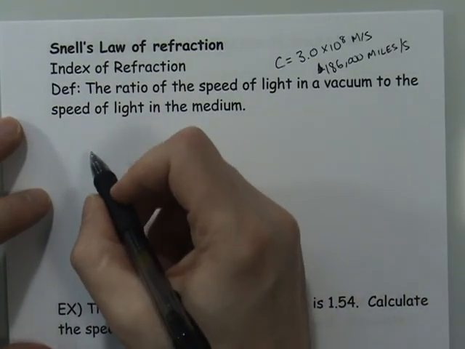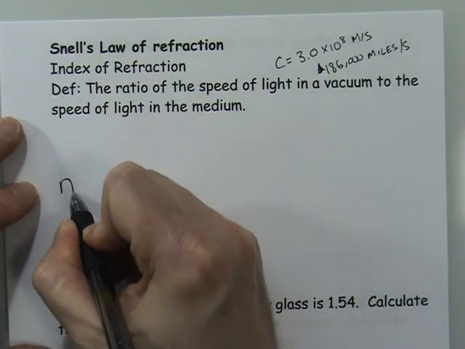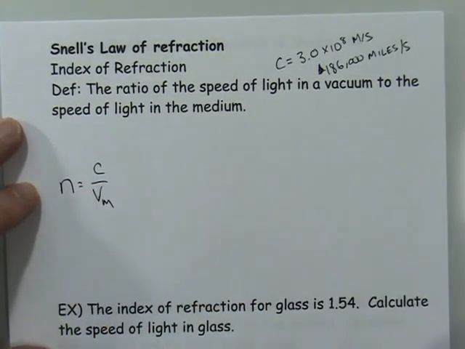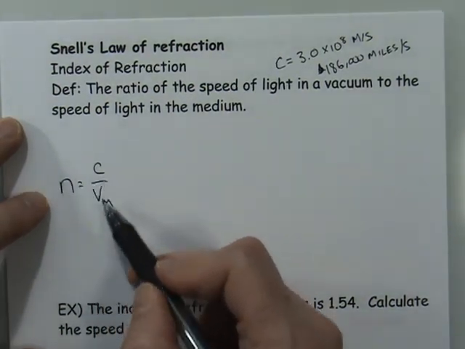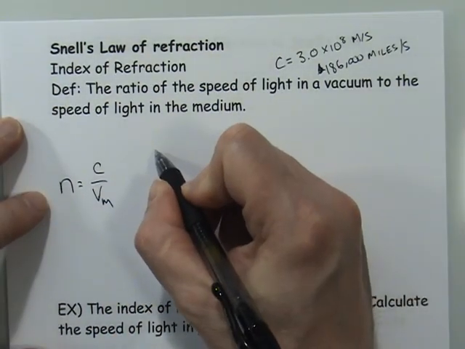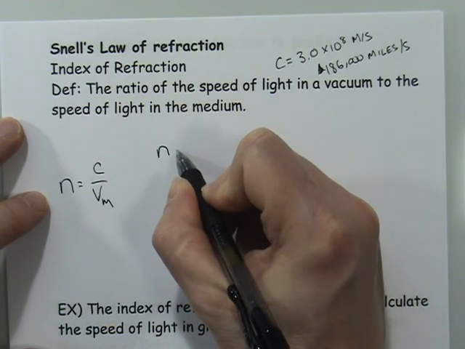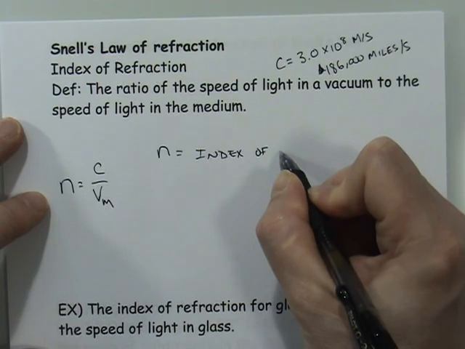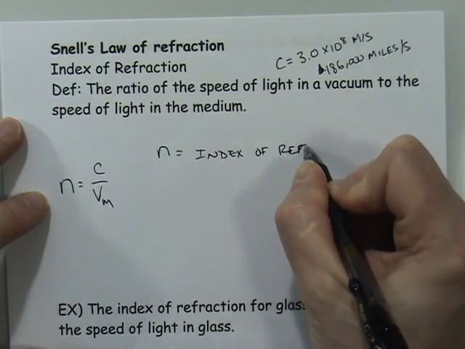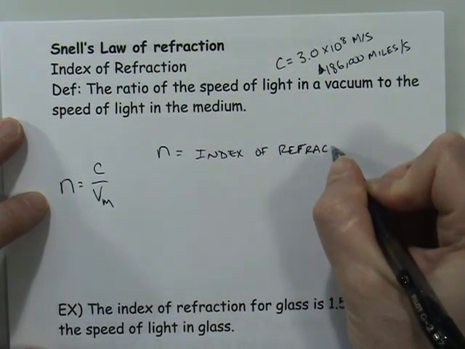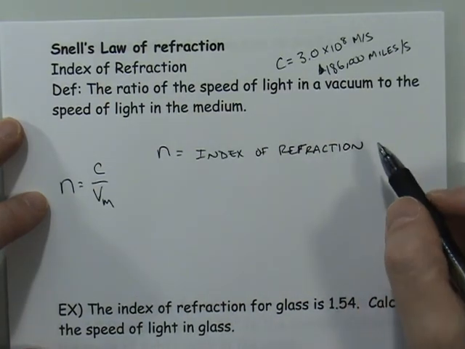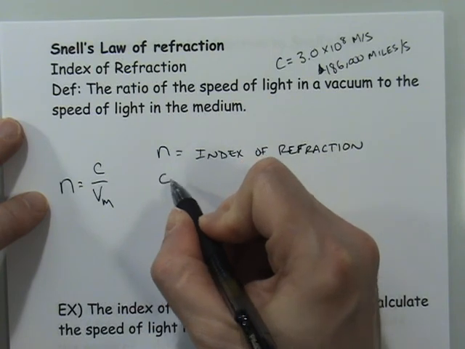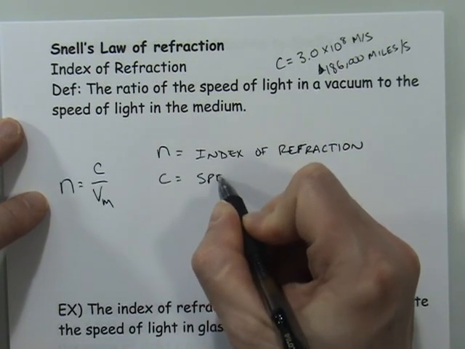So the formula for the index of refraction is n equals c over v_m. These three variables, we're going to identify each by name. n is called the index of refraction. All substances that allow light to pass through them have something called the index of refraction, and we'll look at a couple of examples. c is the speed of light